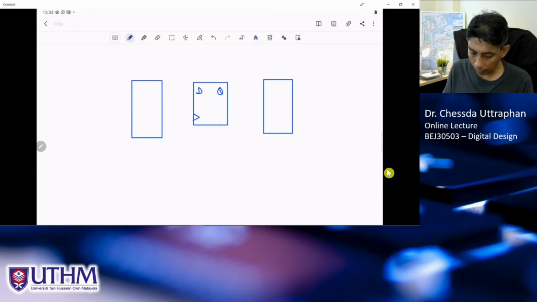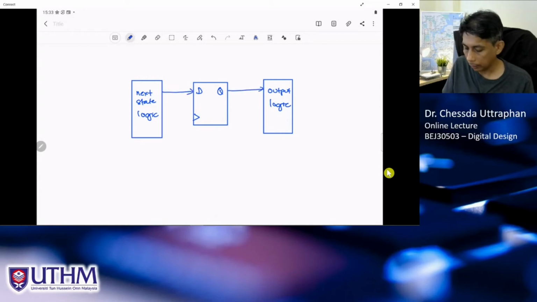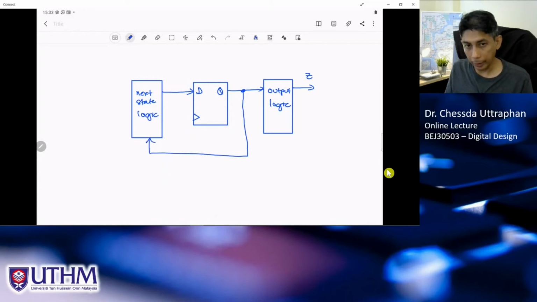This is called next state logic. This is called an output logic. All right, and for Mealy, we have this, and of course we have the output. In our case it is Z, and always, we have this is the feedback, and